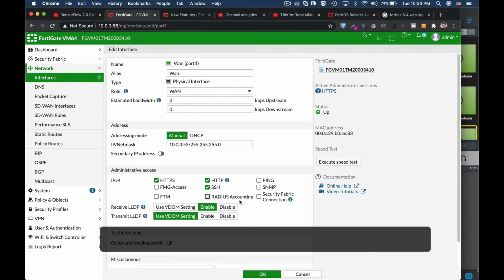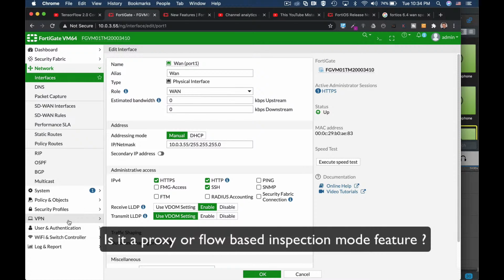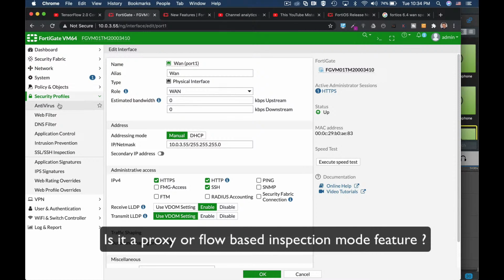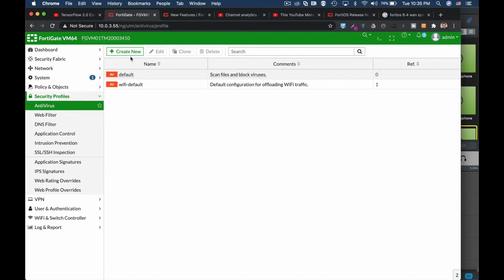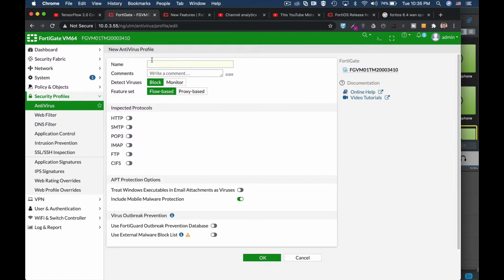The second friendly feature is a fantastic one. I've always been asked, when dealing with security profiles, which feature is supported either in flow-based inspection mode or in proxy-based inspection mode. And it seems that up until 6.4, you had to remember which feature is supported and where. So from now, you can actually create a new security profile. And if you wish to see which